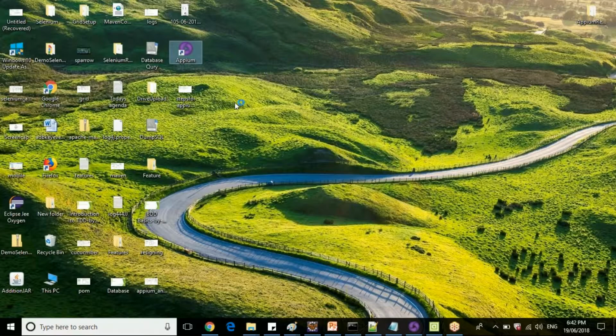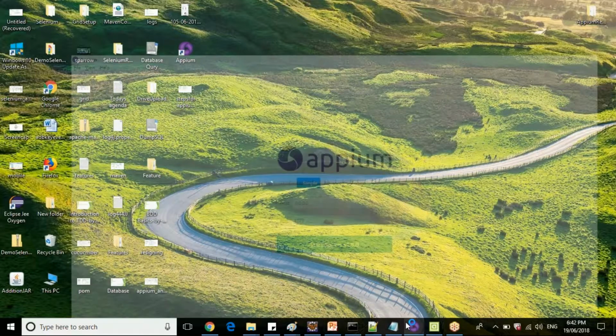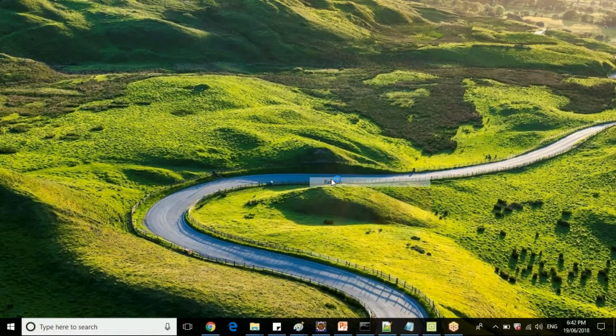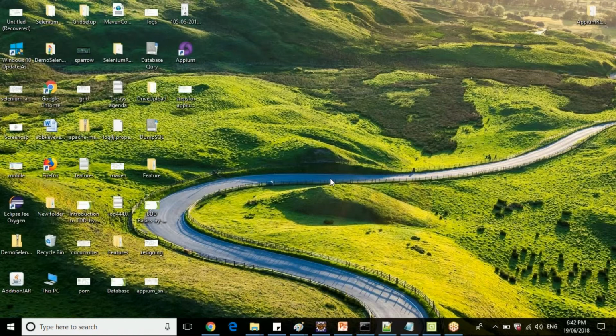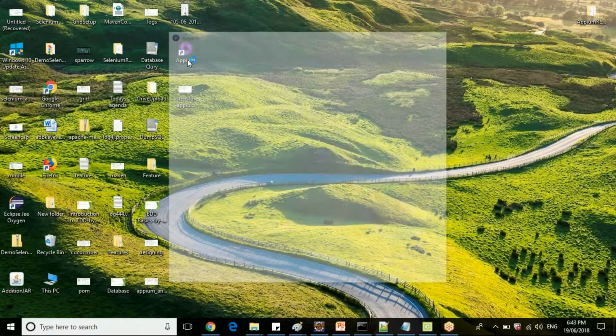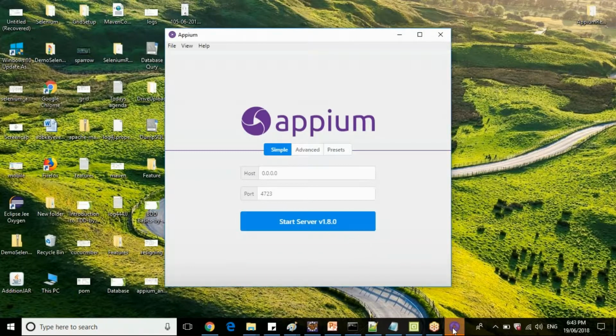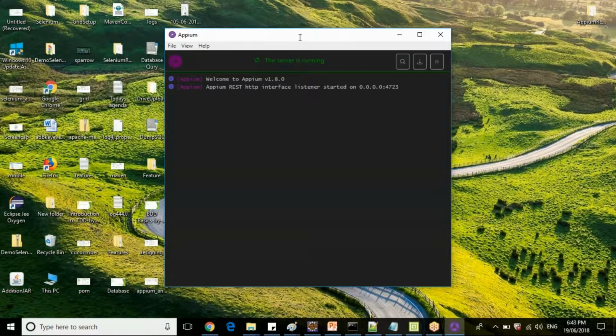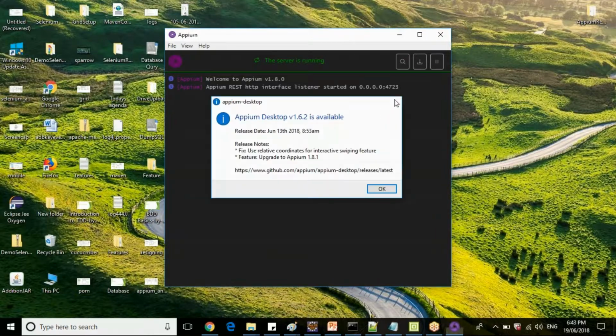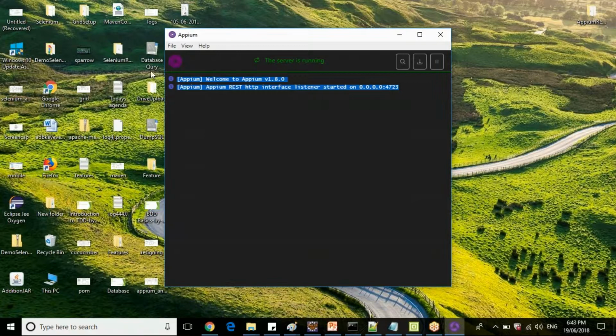Okay. So once you install your APM server, let me relaunch it again. Once your APM server is launched, you can start your APM server here. So how can you check your APM server is up and running, guys? Once you start this APM server, how can you confirm that your APM server is running fine?